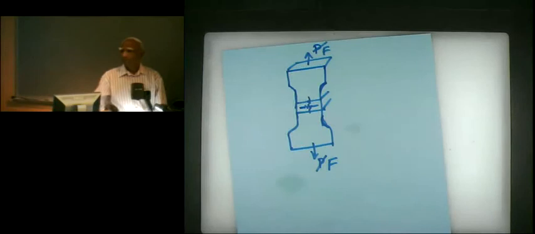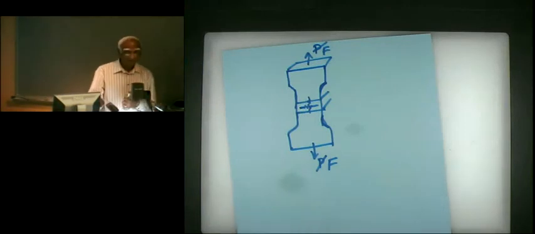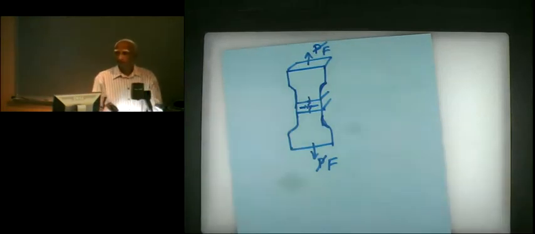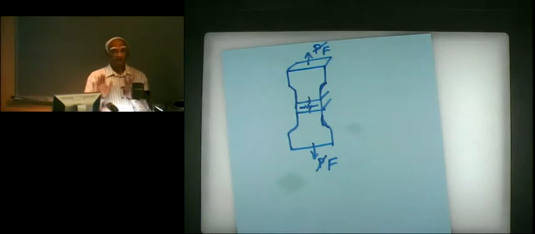You cannot just press the button and go for a cup of coffee and come back and you are done. No. You have to stay there. You have to stop the machine and, like with a micrometer, measure the current width and the current thickness. And then you will know the present area. And you divide the present force by the present area and you will get true stress or Cauchy stress.